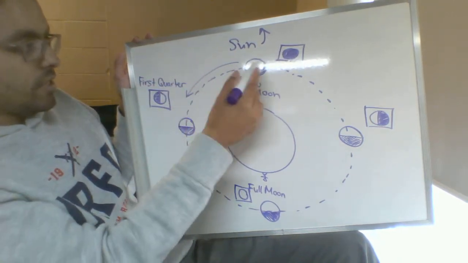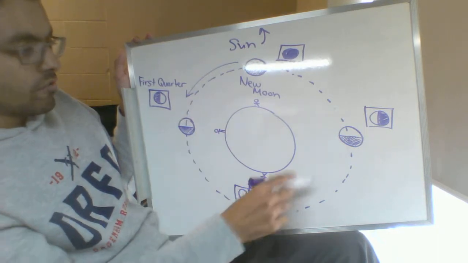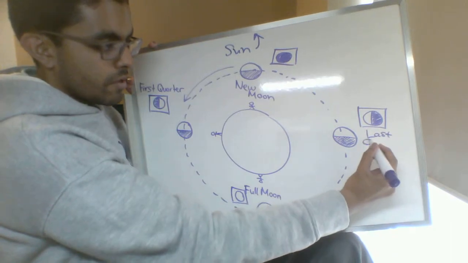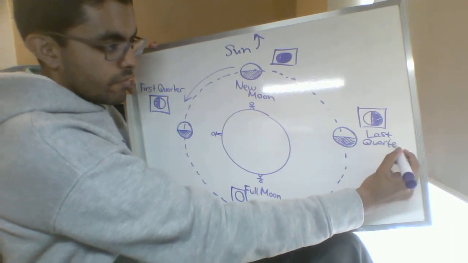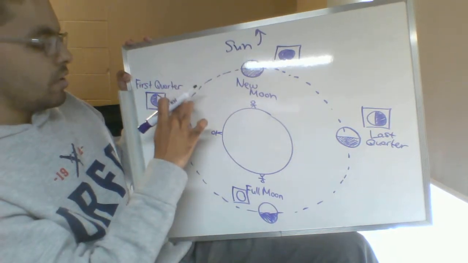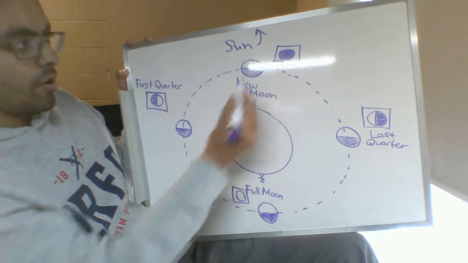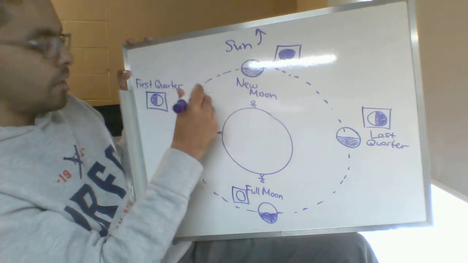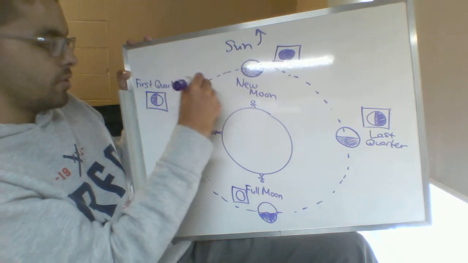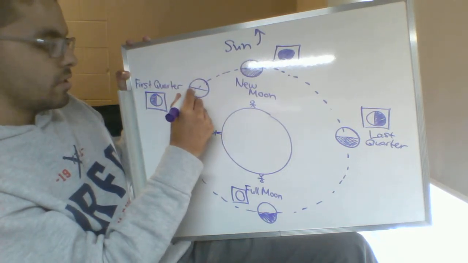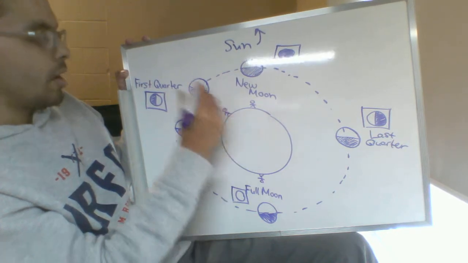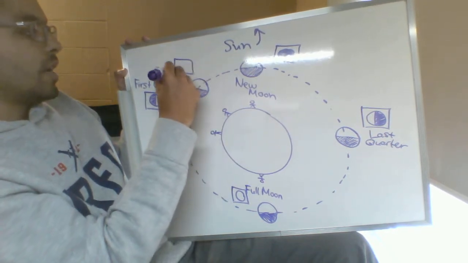And then it proceeds from new moon to first quarter to full moon, over here to last quarter. But the moon doesn't always look half lit, fully lit, or completely dark. Most of the time, you'll see it in one of the intermediate positions inside that. So it could be here, for instance. And if you're standing on the Earth right here and you look up, you'll see something that looks like